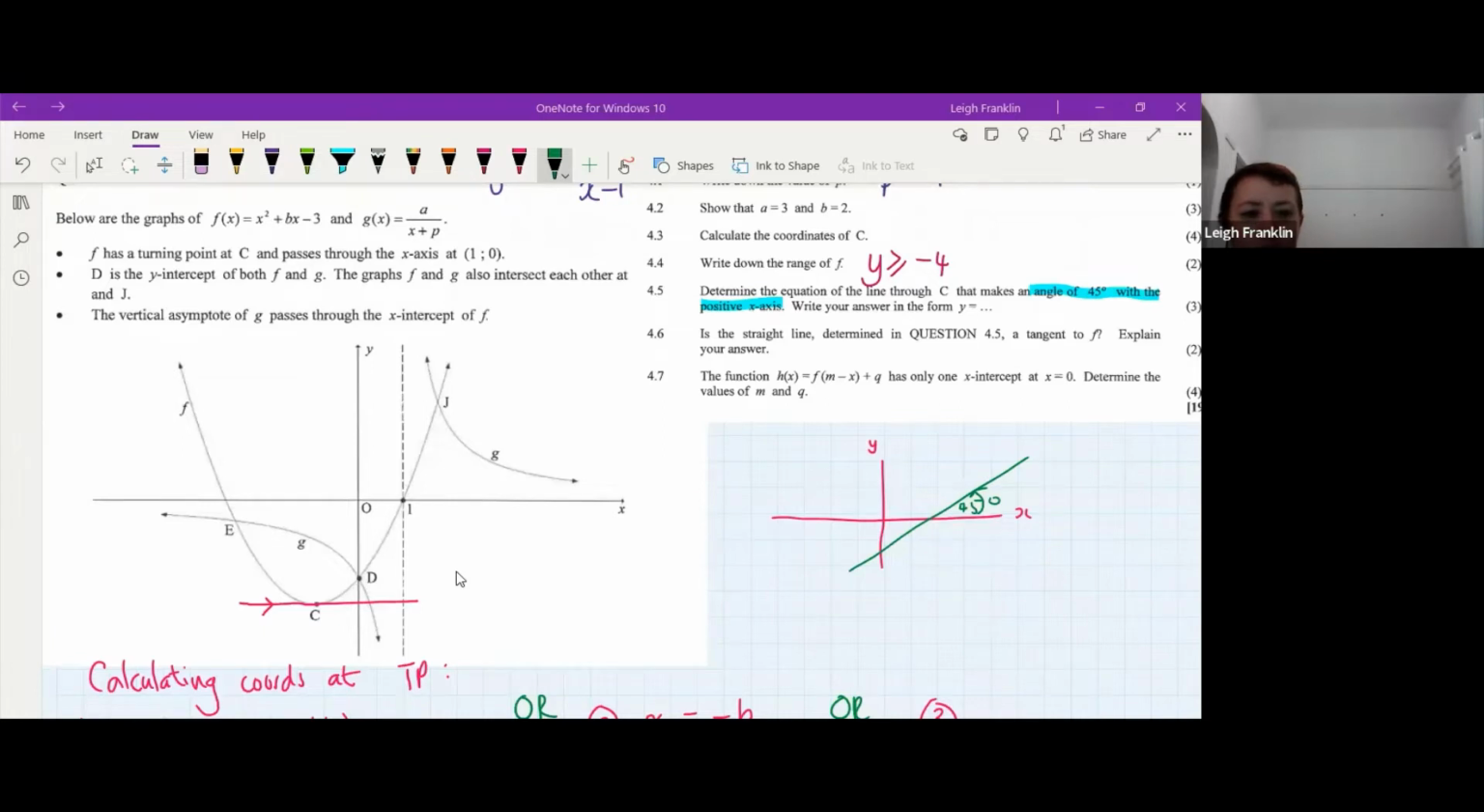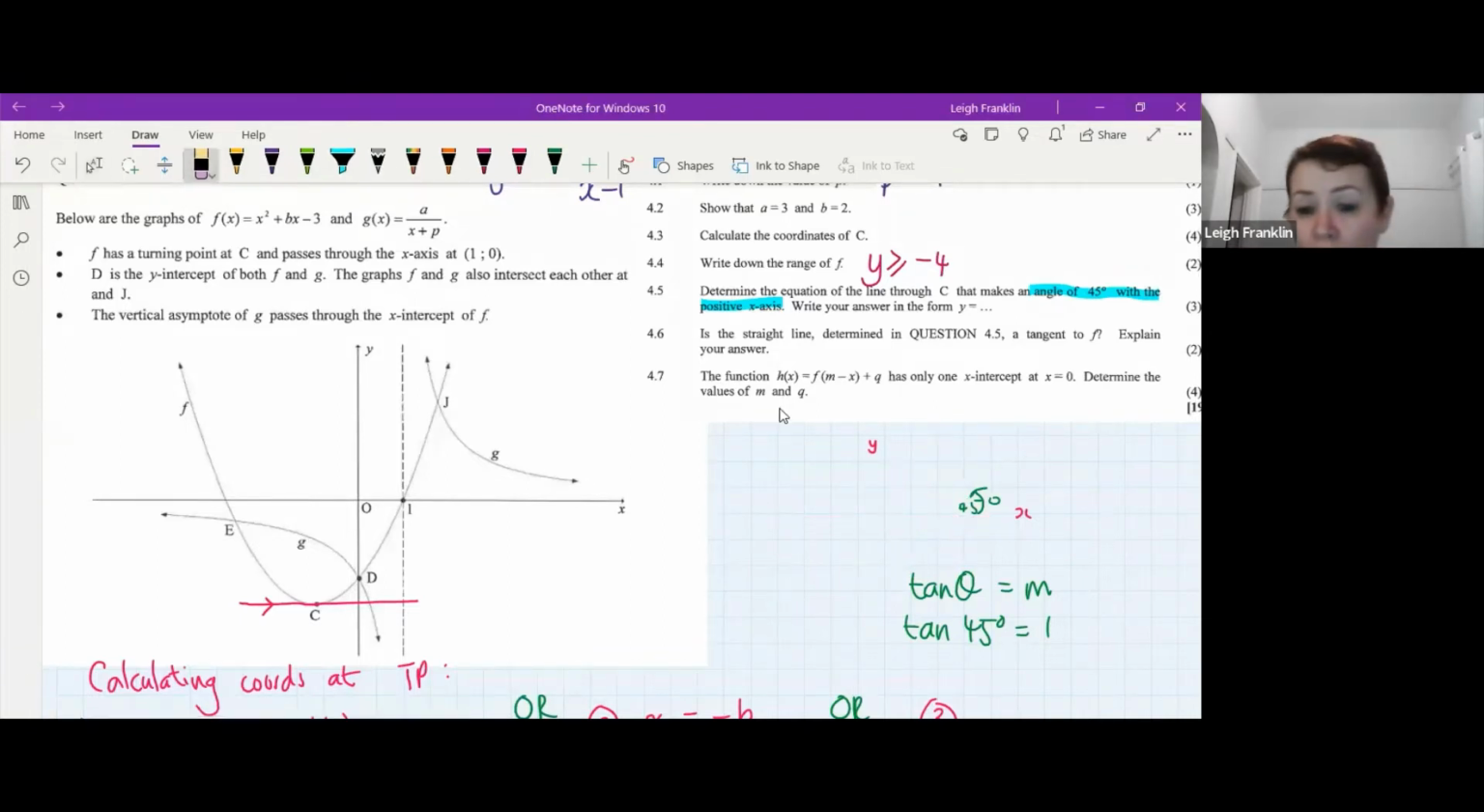Anybody know? There we go. Well done, Kanyasile. Perfect. Okay, so did the rest of you see that? Kanyasile wrote in the chat, tan theta equals m. Absolutely. And you guys know that the tan of 45 degrees is 1. It's one of our special angles. So that is just a really funky way of them telling us that the gradient of this line